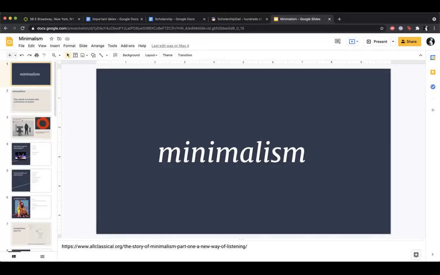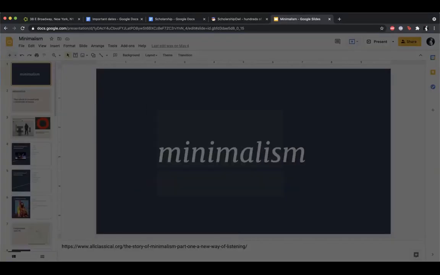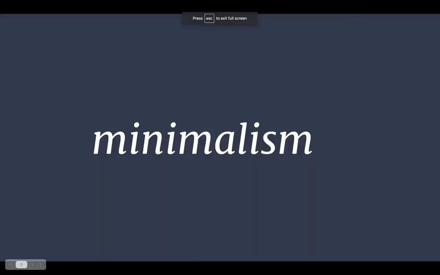Today we're going to talk about minimalism in music and go over the four major minimalists over the course of the next couple of weeks. So we'll start off with defining what minimalism is, and then we'll dive into the four major figures that we'll talk about. So minimalism, while I pull up the PowerPoint, is my favorite era and time of music.